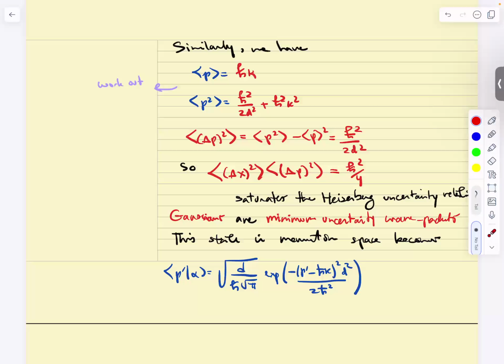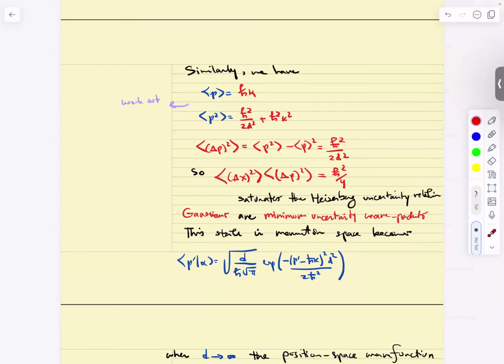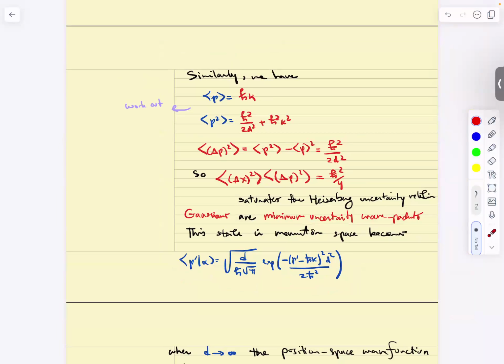Sorry? Relation, sorry. The saturated minimum wave uncertainty wave packets. Sorry about